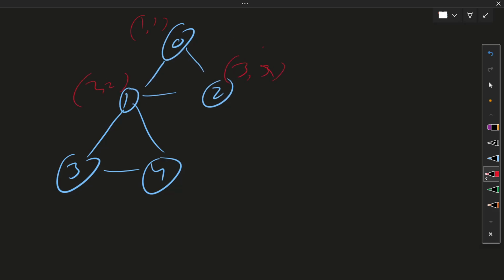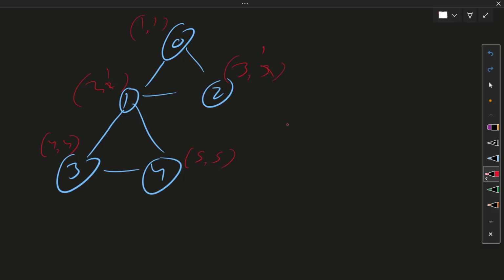Then we will update it because the neighbor is visited. Then we need to check if the neighbor low is greater than the discovery of this, no, we will update. Then we will go here at time 4, then here at time 5.